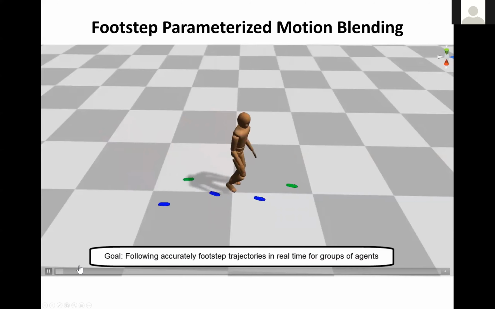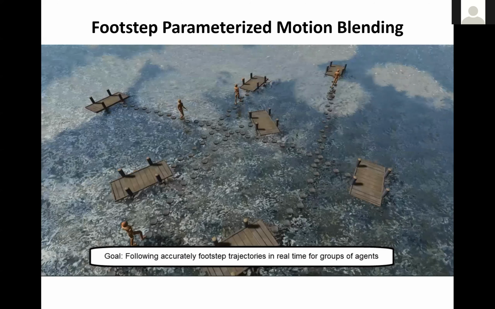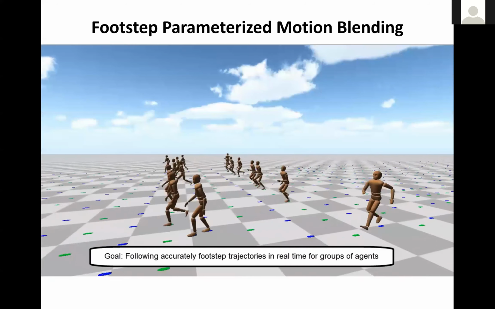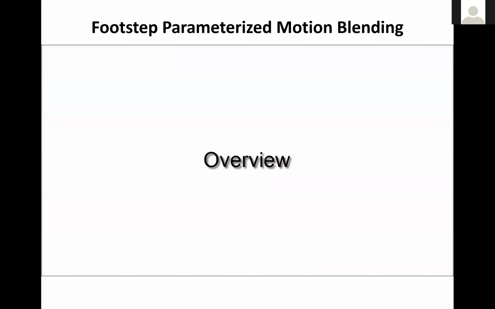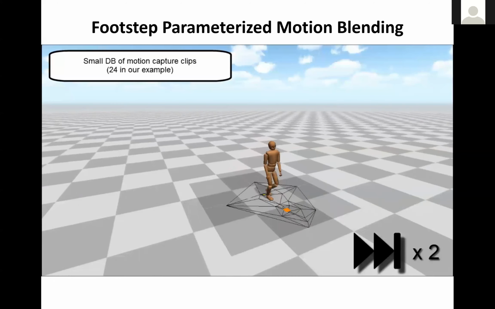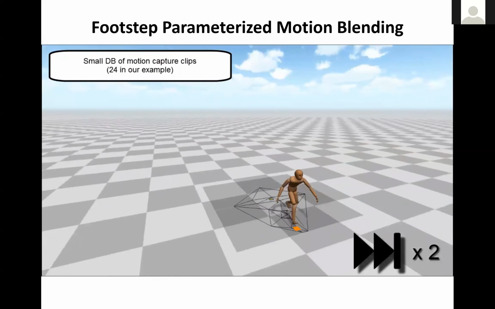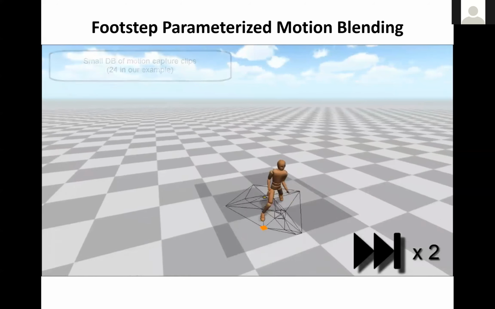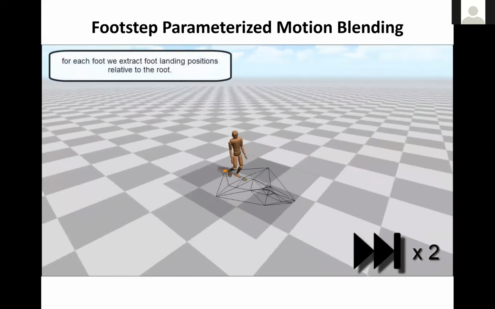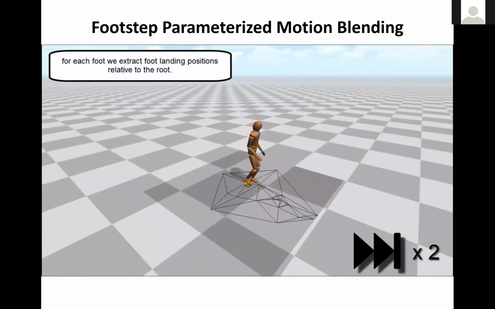So this is now just another body of work. In the previous method, I simply talked about how we can synthesize trajectories of footsteps. I didn't actually talk about how we can animate humans. So in this video, I'm showing a data-driven approach for creating an animation controller that is able to very accurately follow the footsteps that are provided as the next movement decision.